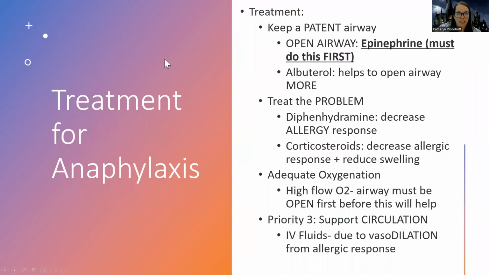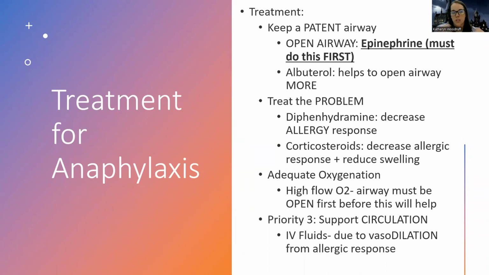So how are we going to treat it? My first goal is to keep that airway patent. A lot of people would say, well, don't you want to give oxygen? Well, you can't give oxygen if the airway's closed. So I have to open that airway first. So epinephrine, you have to do that first. If they don't have an open airway, there's no point. Epinephrine stimulates your fight or flight, opens your airway, constricts your blood vessels, and fixes a lot of the issues